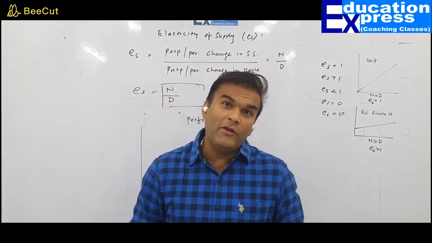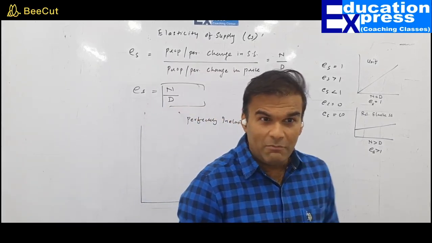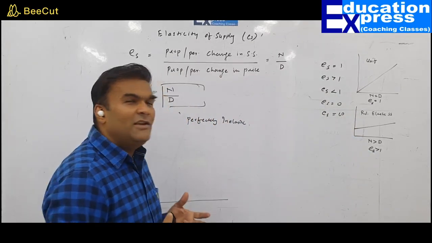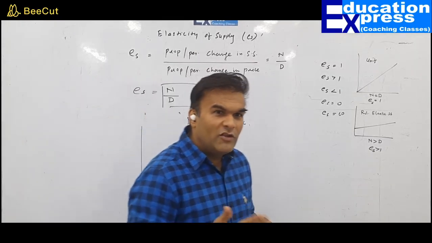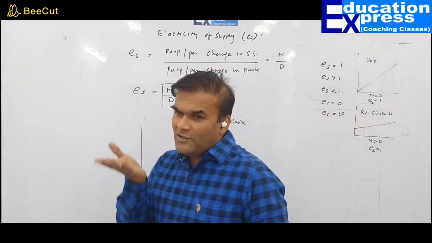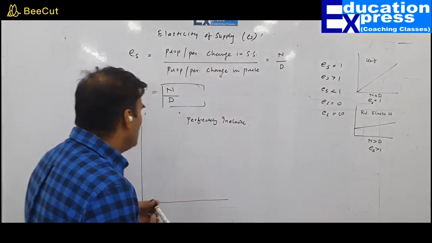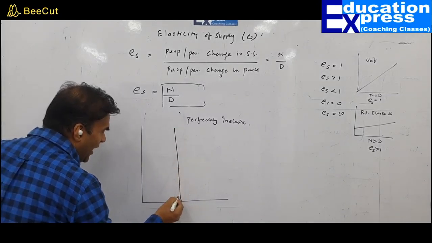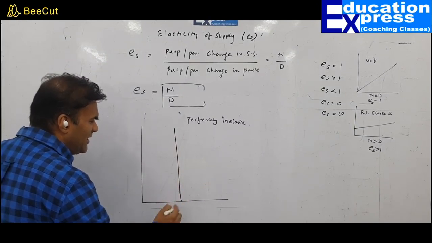Because I want that particular masterpiece, I don't mind paying any price for it, because it is a matter of status symbol, a matter of pride, a matter of ego, and that's the reason why it commands such a high price. If I can make a duplicate copy of the same painting, I don't think it will ever command those prices. So even if the price rises, supply is practically not possible to rise. So my supply curve would be a straight line parallel to my y-axis. No change in supply at all.